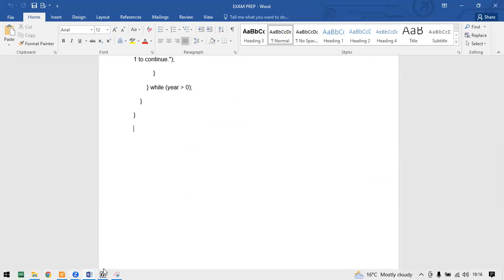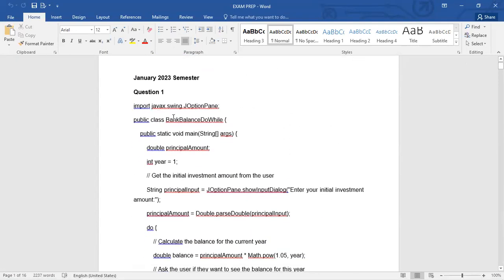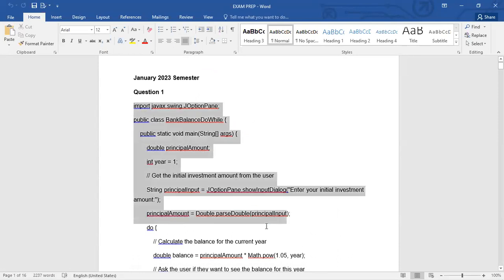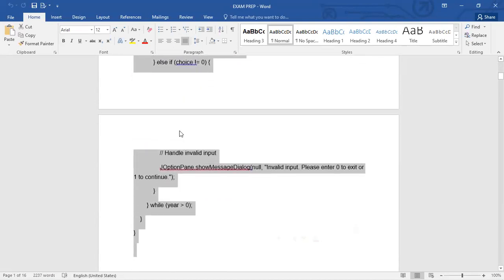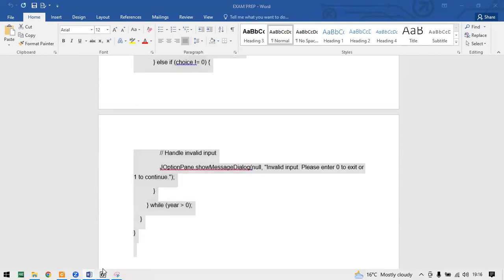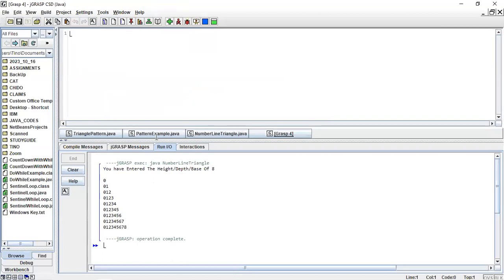So let's do question number 1. I have the answers, like I said. I have prepared them so that you see. To write this, we can do that, but because of our time, we will not manage to finish all the questions. Let me copy it for question number 1. I will discuss it. Then you come here, you say File, New, Java, paste it.